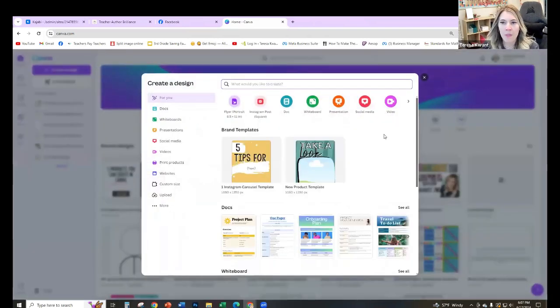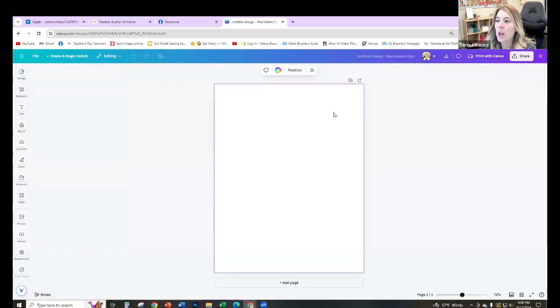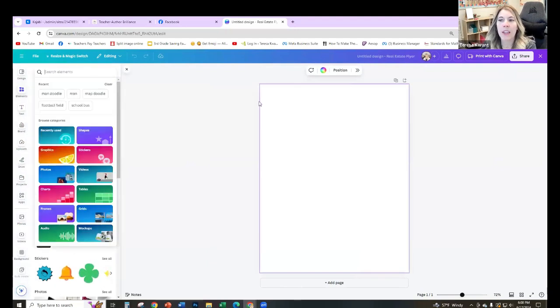That should be pretty obvious of what to do in Canva, but I'll show you how I do that. I choose create a new design and I use 8.5 by 11. And so this flyer size always comes up for me. So whatever, I just do flyer. And what's great is they have a lot of templates inside of Canva, but you don't want to use their templates, right? If you're using their templates, then that would be against their copyright. So you want to design your own. But if you're stuck with where should I start, you could search here if you wanted to get some ideas